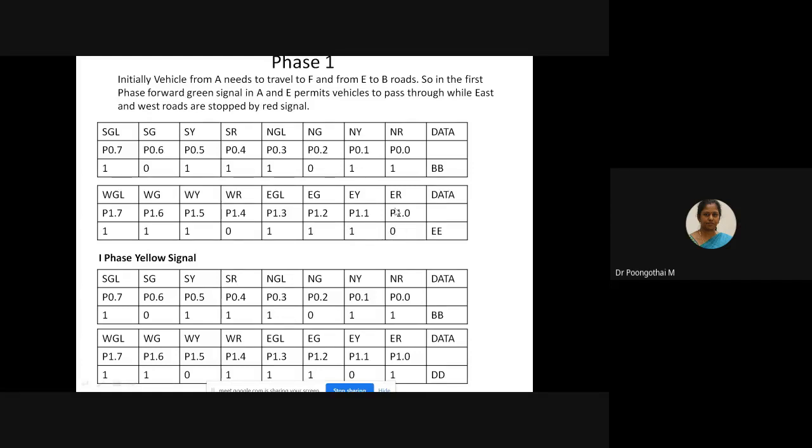Okay, so comparing these 2 tables, ER should be 1 and EY is 0. Yellow signal should be enabled here. Similarly, east yellow, west yellow should be enabled, remaining all the LEDs will be turned off. Okay. So this is about your phase 1.